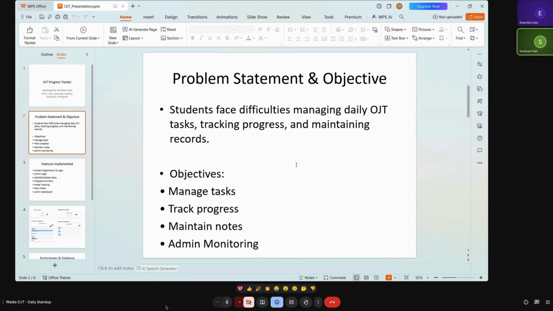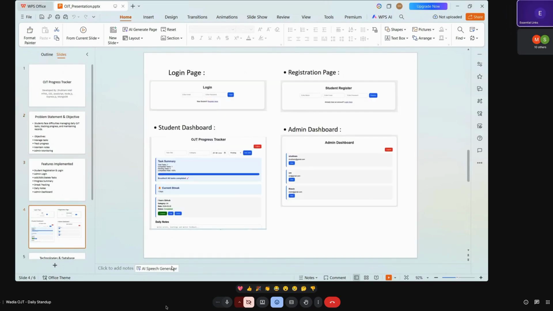To solve this problem, I developed the progress tracker. Okay, sure. Sorry to cut you off. Just go to the demo part. Okay, so Shubham Mali has also added a login page. Good.